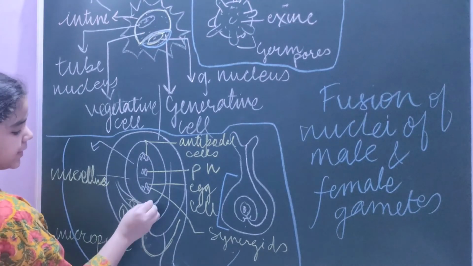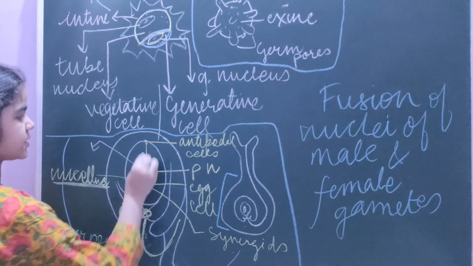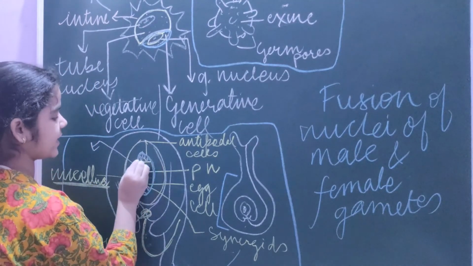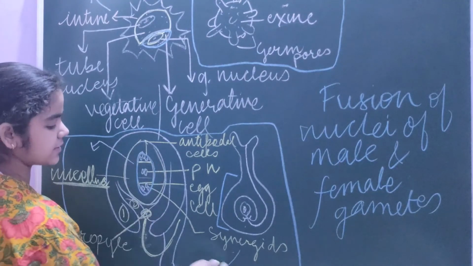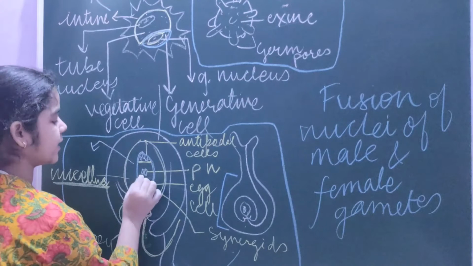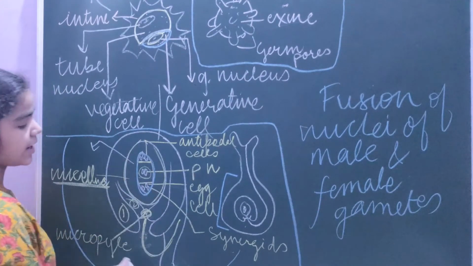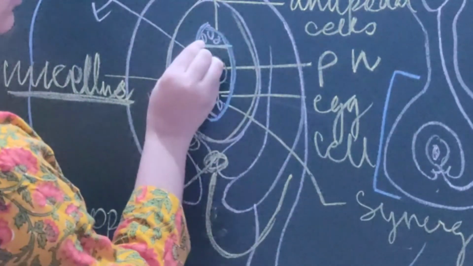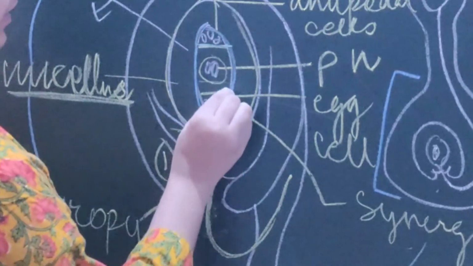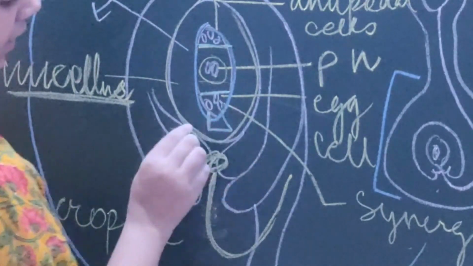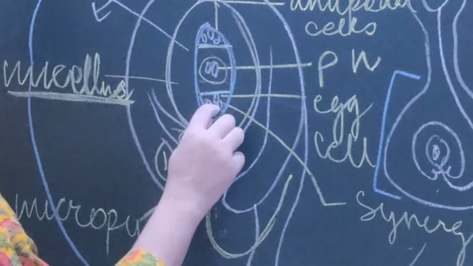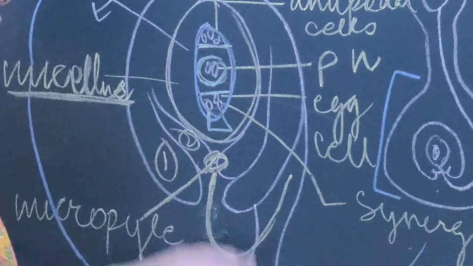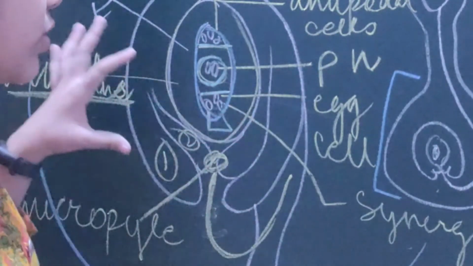Now as we move in, we see the nucellus. There are a total of 7 cells, 3 at the antipodal side, 3 at the synergid side, or where the micropyle opens, and 1 in the middle. Now listen very carefully. The cells at the antipodal side are called antipodal cells. In the very beginning, 2 cells here are called synergids, whereas 1 cell here is called the egg cell. And in the middle, there are two cells. These cells are called polar nuclei because they are all together.